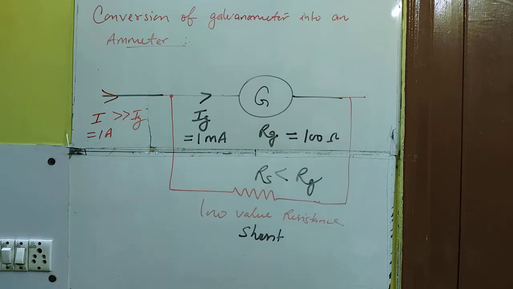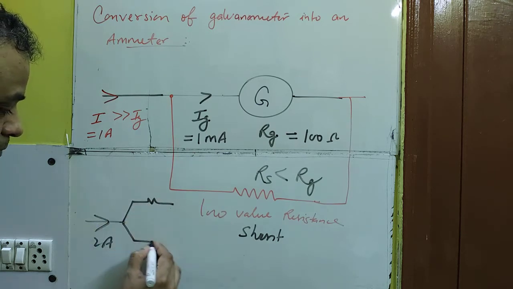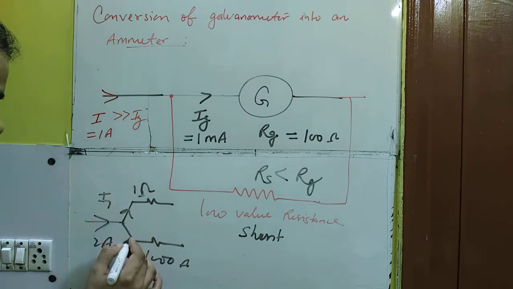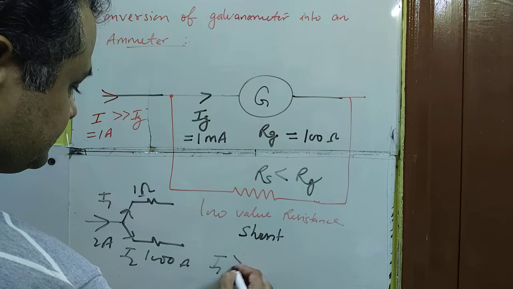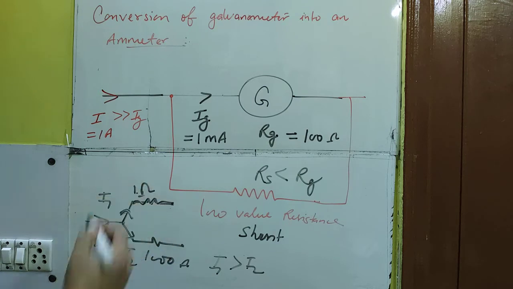So we know that current always follows the low resistance path. Now try to understand by this example. Suppose that this one is a 2 ampere current and there are two resistances in its path, 1 ohm and 1000 ohm. The current here is I1 and here the current is I2. If I ask you in which branch the current is more, definitely I1 will be more than I2. Why? Because in its path the resistance is less, so high current will flow. This one is a simple funda of the distribution of current.